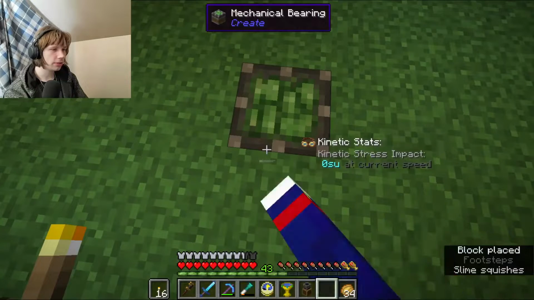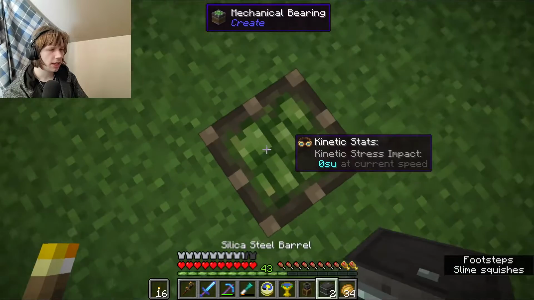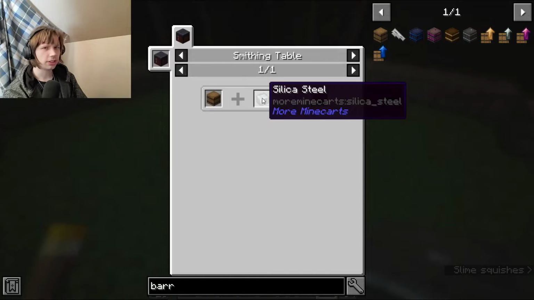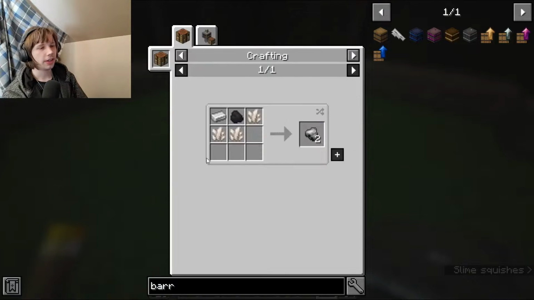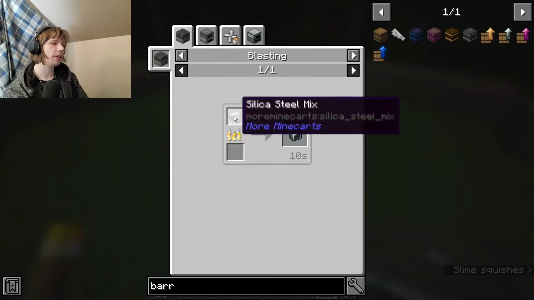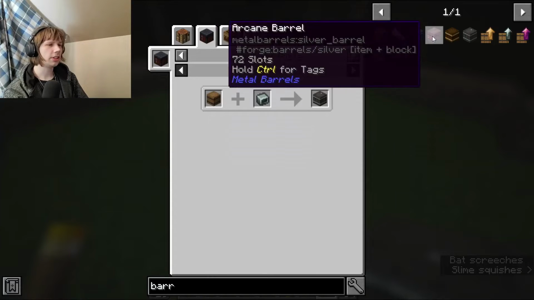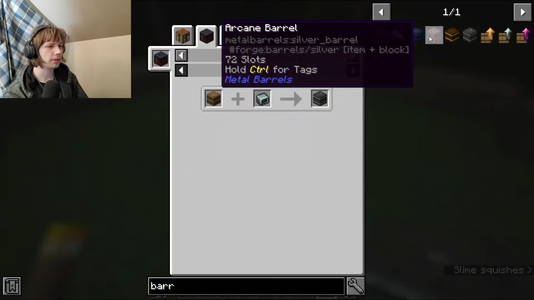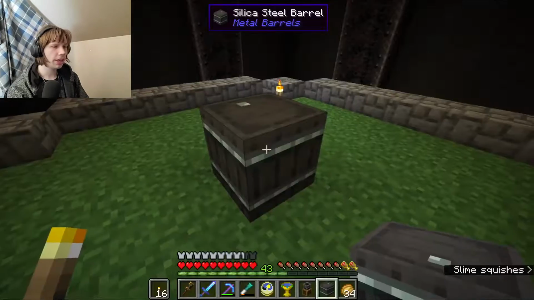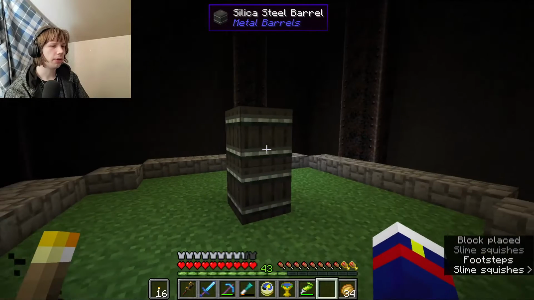I have a couple of things. Got this. Hold on. What do you say we use these here silica steel barrels, which are made using silica steel, which is just iron, charcoal or coal, and quartz. And then you burn it, smithy it with the barrel, and it's not as good as the arcane barrel. In fact, I think arcane barrel's like... Oh no, it's not the best barrel. Cobalt's the best. Huh. Either way, I think it aesthetically jives with what we're going for, so...